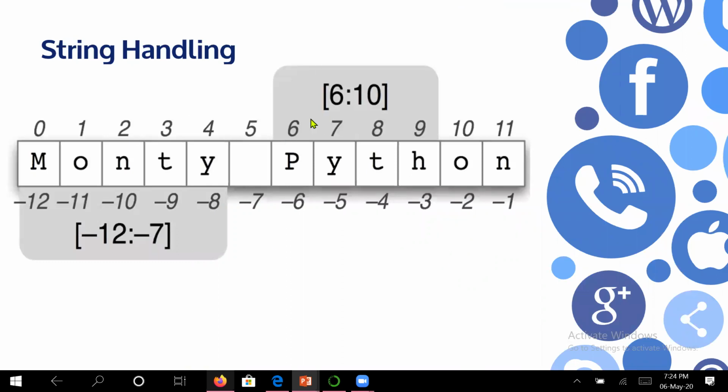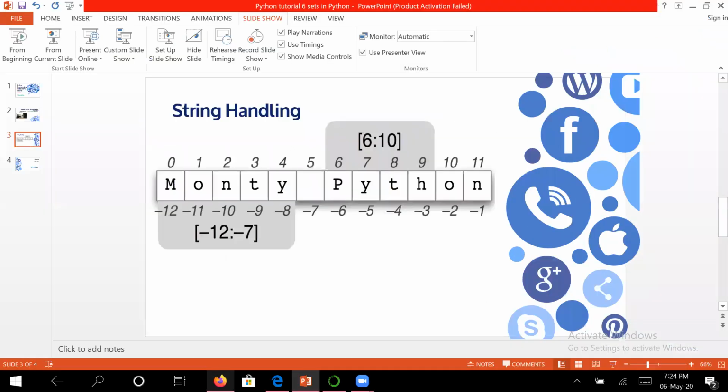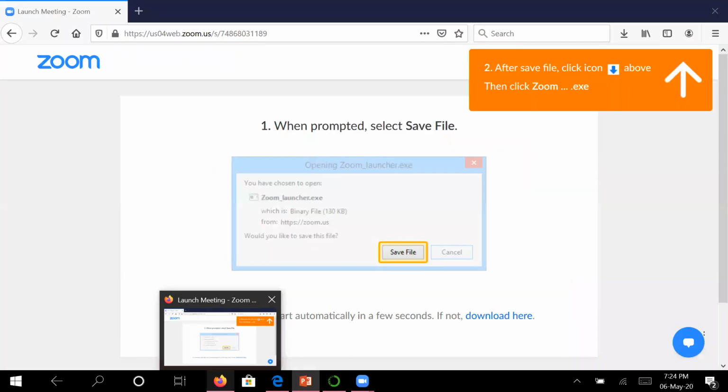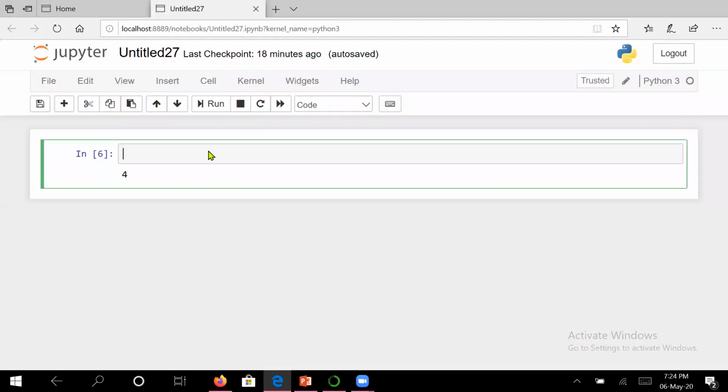Once again I am repeating this. Please clear your concepts regarding the sequence. I'm repeating that the first element is stored in the sequence at the 0th position and the last element is stored at the -1 position. Let's move. As you know, we are always working with Jupyter, or those who have not been able to install Python can work in an online Python compiler also. So let us start with tuples.